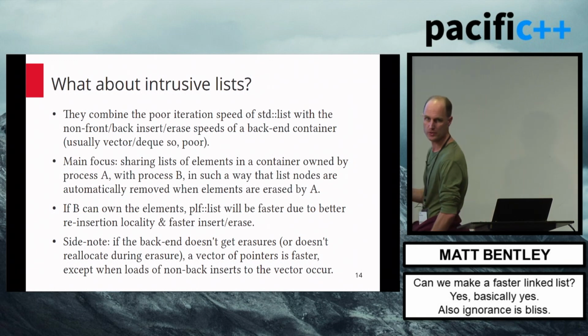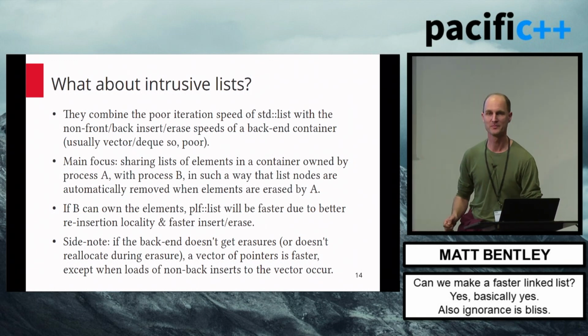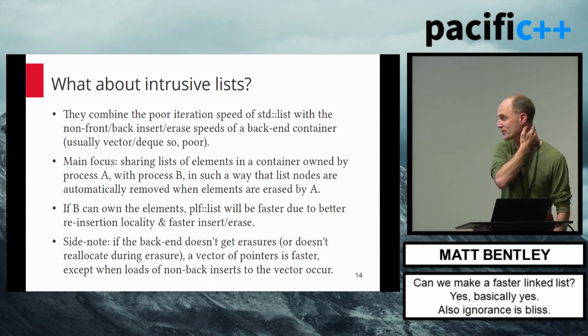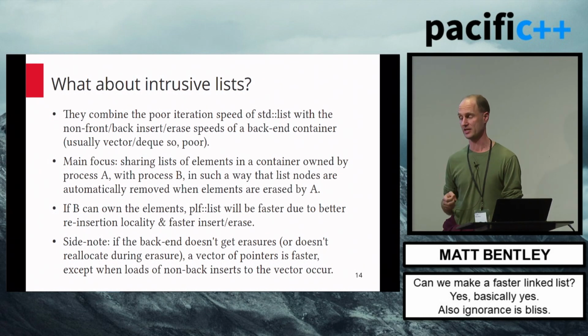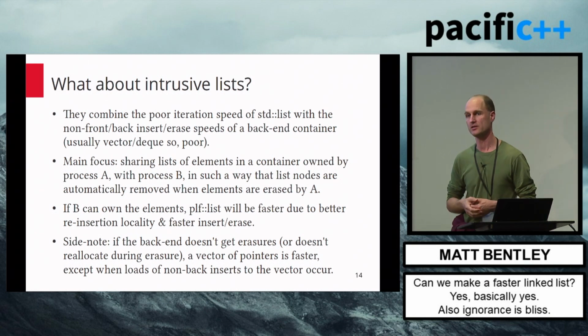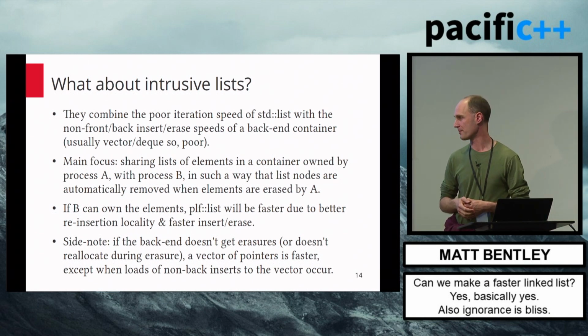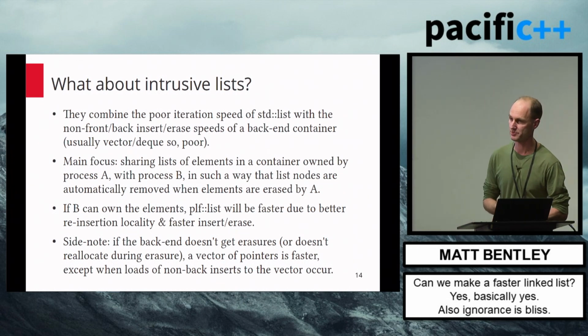So who here knows what an intrusive list is? Yay, some people. Okay, so for those who don't know, the main use case, as I've heard it, is you have process B and process A. Process B has a container of some description, and the elements in that container inherit a base class, which contains previous and next pointers, and a little bit